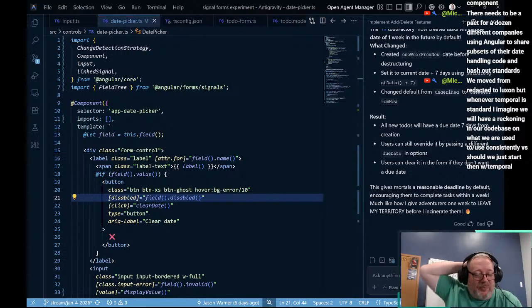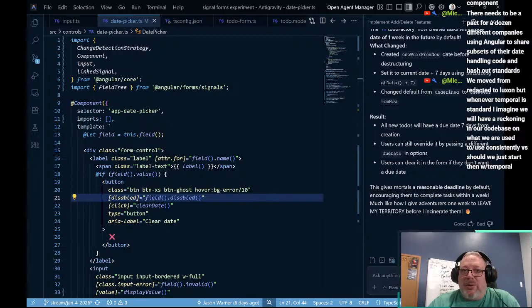Yeah, and that's the tough thing, right? And redacted was an amazing library for a very long time. And Luxon is their replacement, and it's a good library. The only problem with the redacted library is that it's just too big and it causes bloat. There are ways to get around that too,